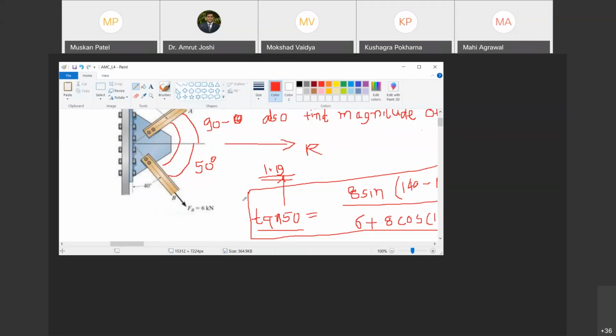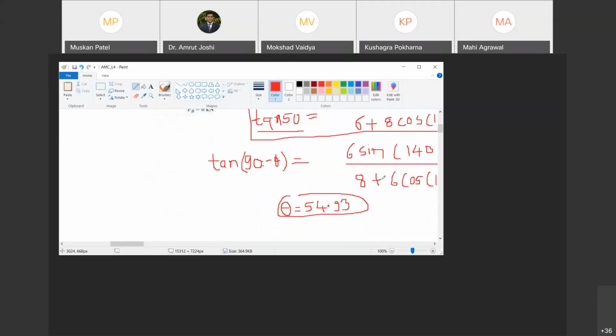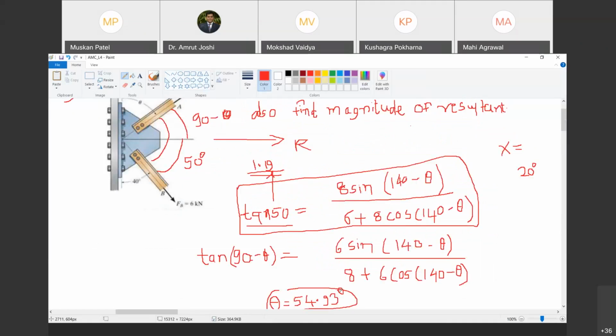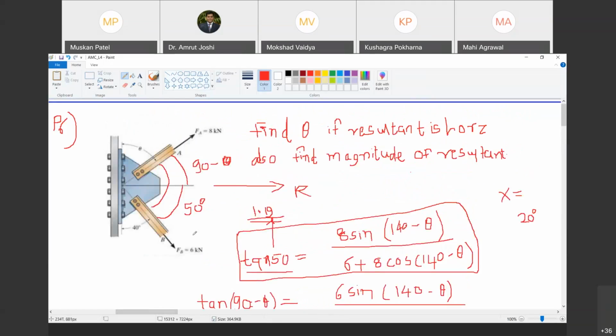So that means the correct answer is this. Theta is equal to 54.93 degrees. सो अब जरा यहाँ पे देखो, सीरियसली लेने की चीज कौन सी है? You must know how to solve such kind of equations on calculator. तो जो प्रोसीजर मैं आपको आज भेजूंगा वो बहुत केयरफुली देखो एंड ऑल्सो गो थ्रू दैट प्रोसीजर वेरी केयरफुली. ओके? Yes, sir. Okay. So now let us solve one more problem today,